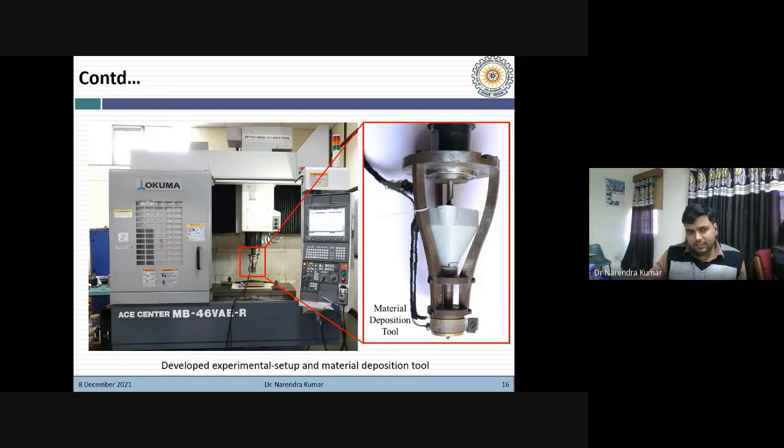The make of this CNC milling machine you can read here. It is by Okuma, basically a Japan based manufacturer, right? So we converted this machine into an additive manufacturing system by developing this tool. This is the tool that was developed by us.